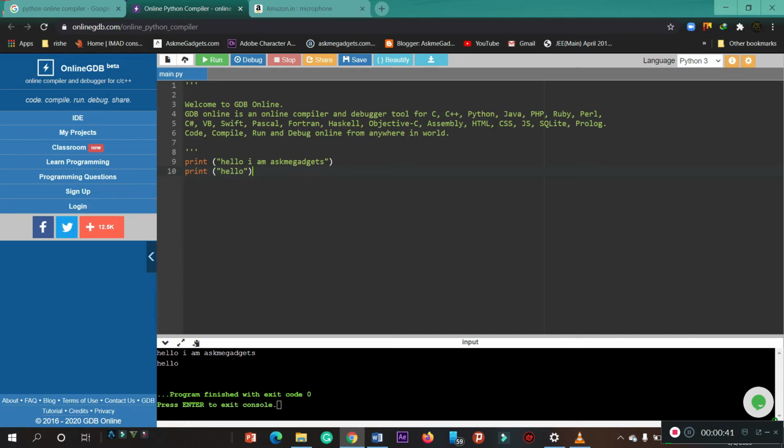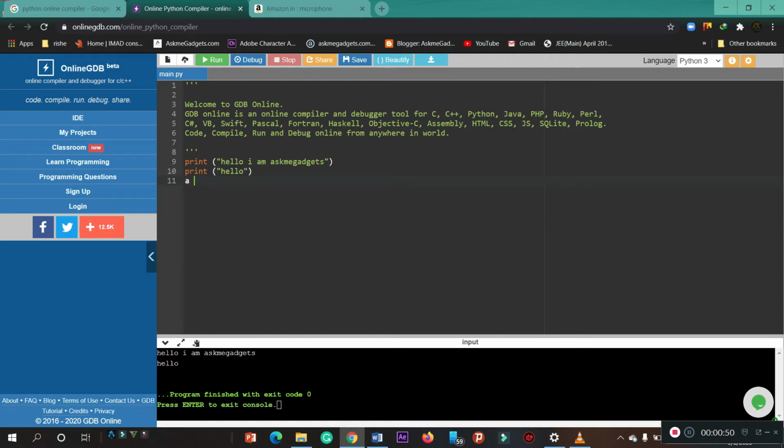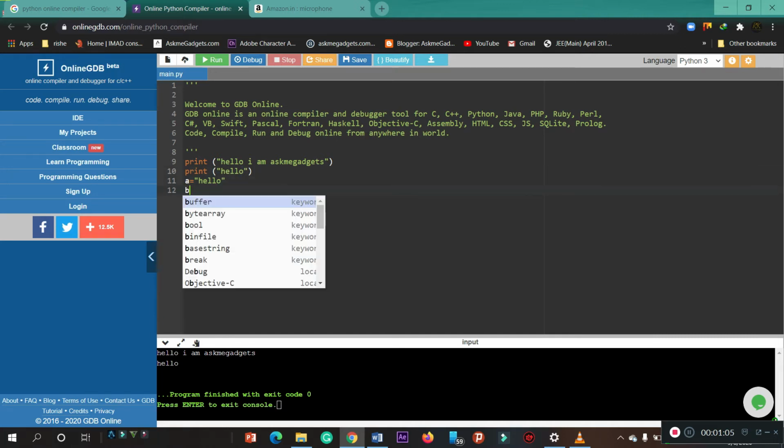Next, we go for assigning a variable. For example, now variable A is equal to, let's take, for example, hello, then B is equal to world.